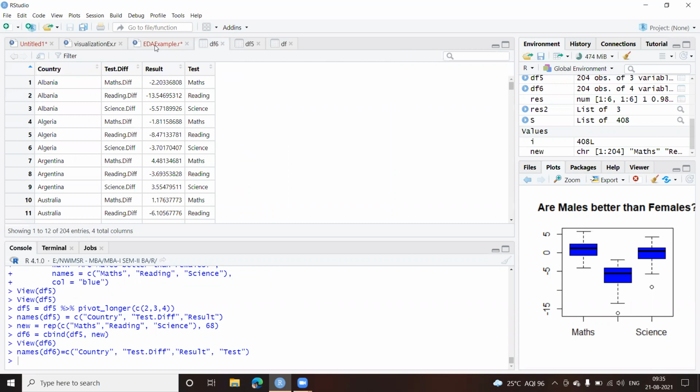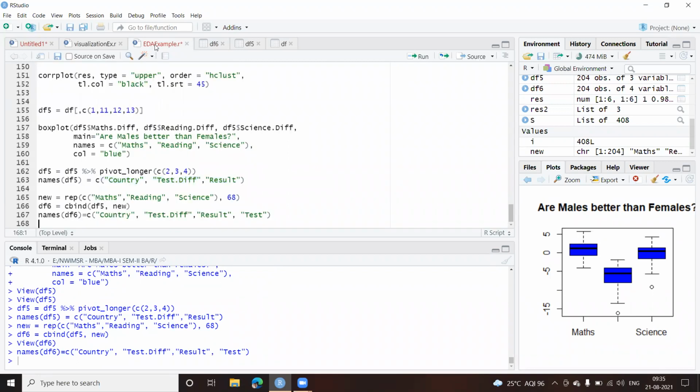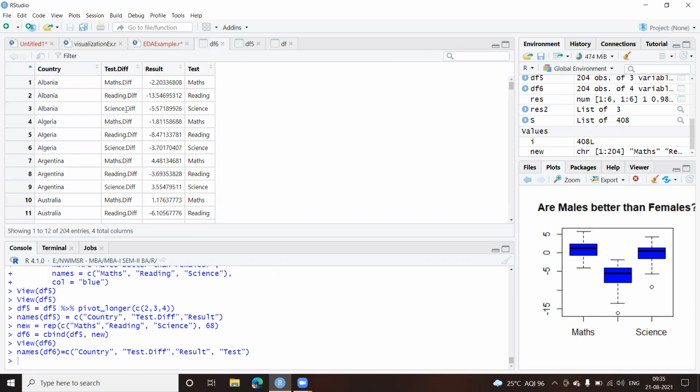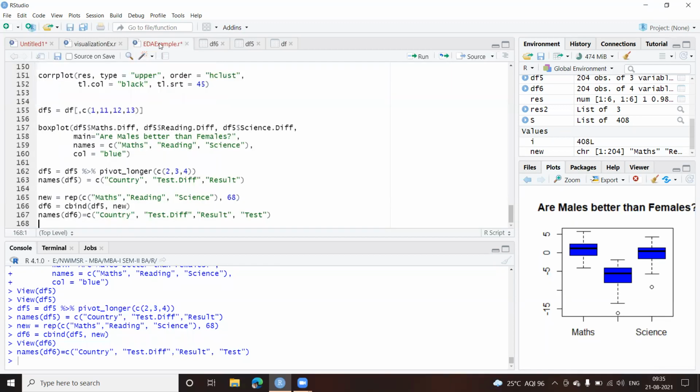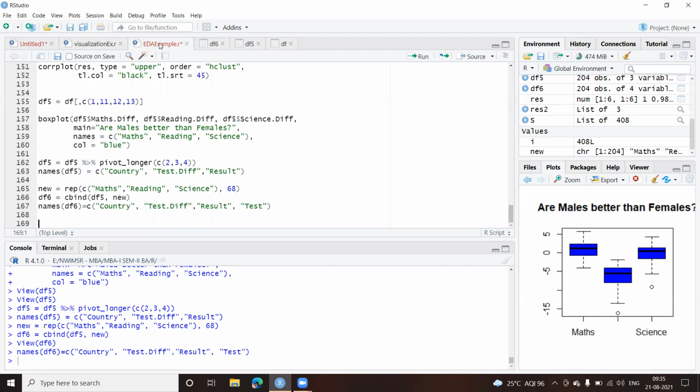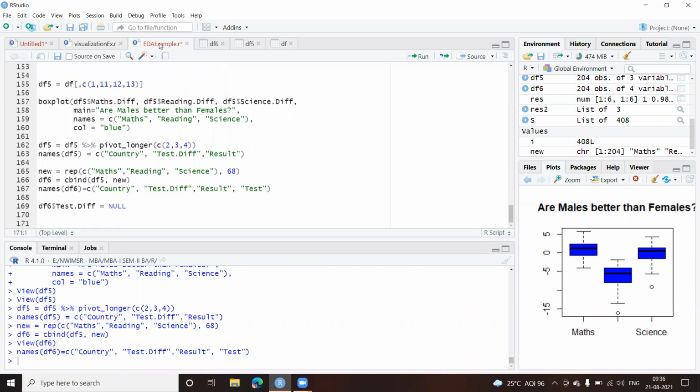Fine, coming back. Now let us look at the column which we have here, especially this one. This one is redundant because it is telling me what type of test it is. So if you want, you can drop this one, or you can keep it as it is, because I won't be requiring it. Now to drop, if you remember last time we had done df$6 and this equal to NULL. If I execute this one, it is going to drop the column. I'm not executing that right now. We'll see if I require it, then I'll do that.